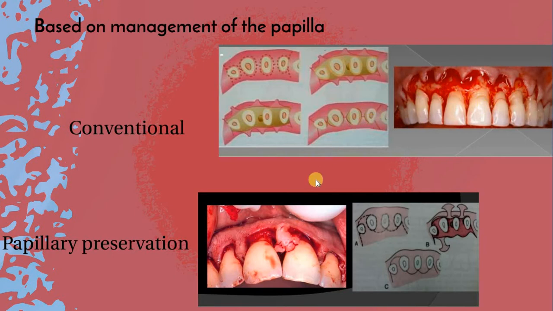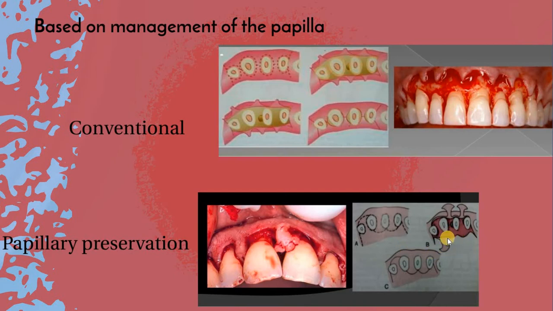While in papillary preservation, when we need to preserve a papilla, for example, in some kinds of regenerative therapies, we do an incision. For example, this is a papilla between the upper centrals. We just do an incision palatally